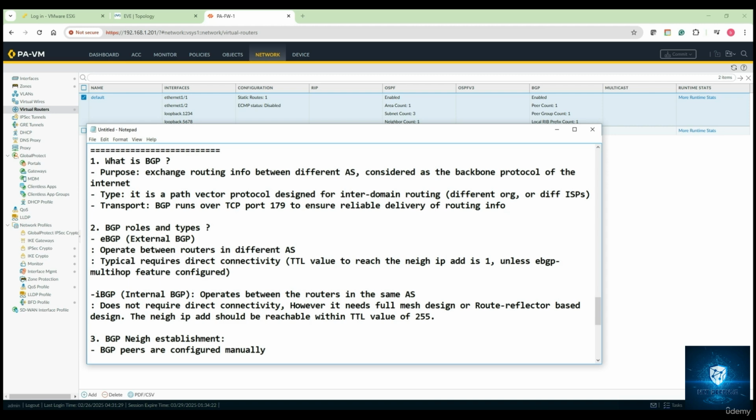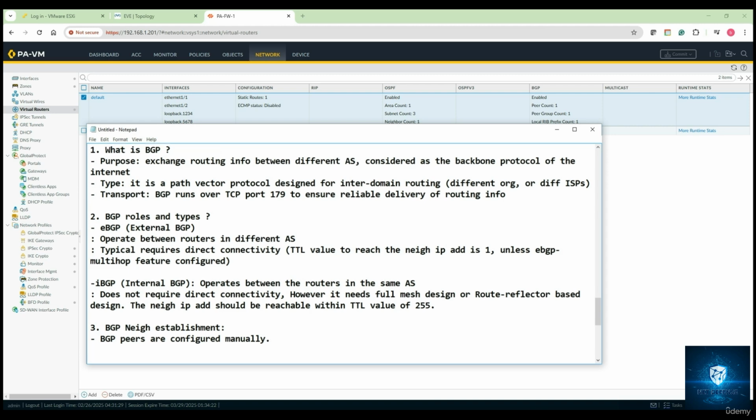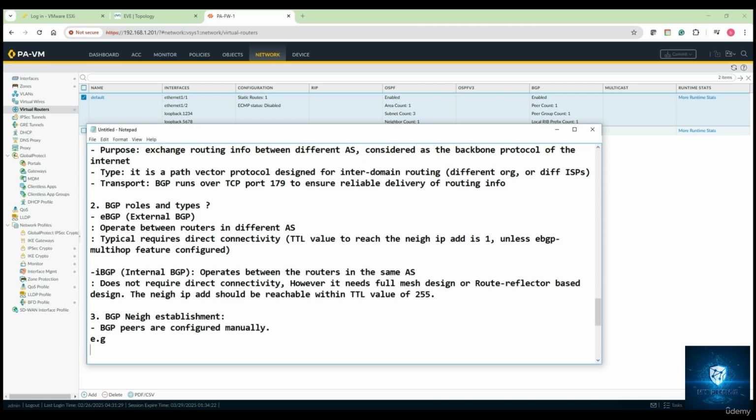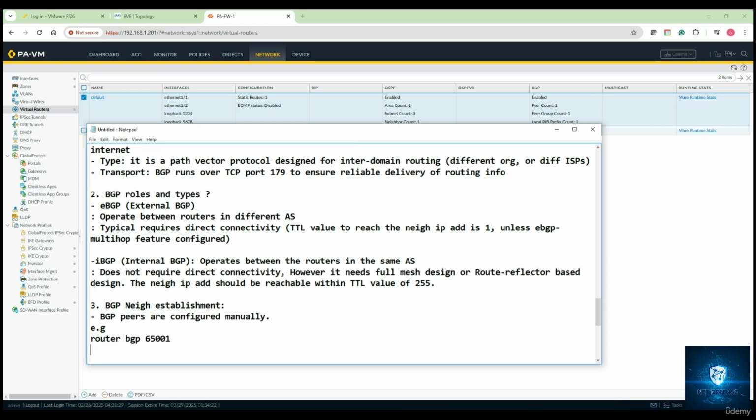As an example, on Cisco routers, you can say router BGP, let's say 65001. You can define the neighbor, then define the neighbor IP address, then define the remote AS,